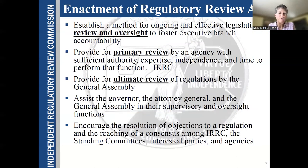In 1982, the Regulatory Review Act became law. And the intent of the act, as you can see here, was to establish a method for ongoing and effective legislative review and oversight to foster executive branch accountability, provide for the primary review by an agency